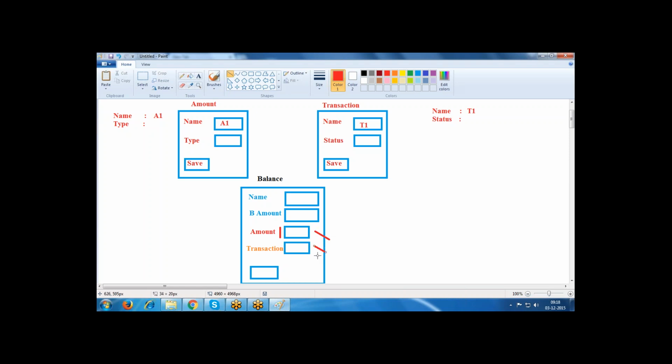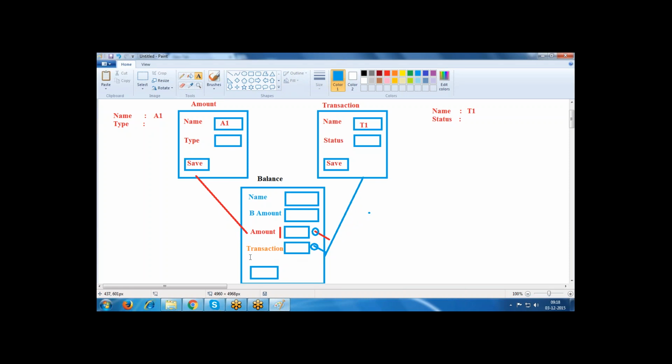Here we have lookup relation. We have lookup relation for this. Like this we have the relation. Now here to here we have master detail, and here to here for this we have lookup relation.